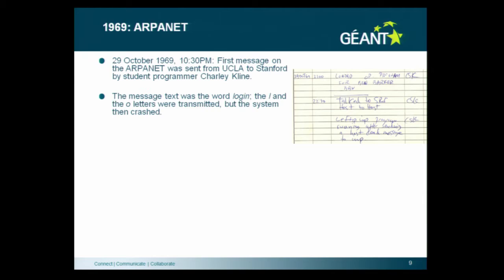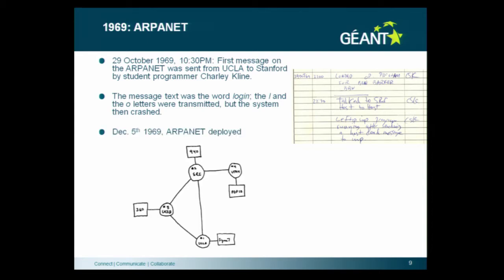No, I meant the message which Kleinrock sent, not this guy. No, that was really the first message sent over, and one hour later they managed to log in onto the remote system. Kleinrock's message was sent from Europe to the States. Could be.